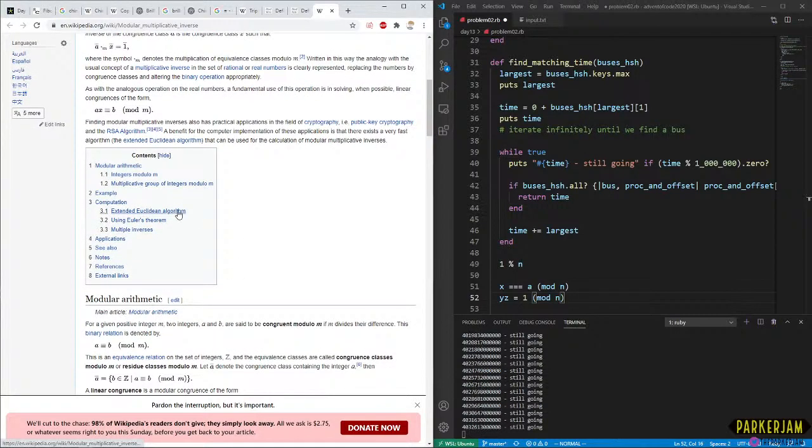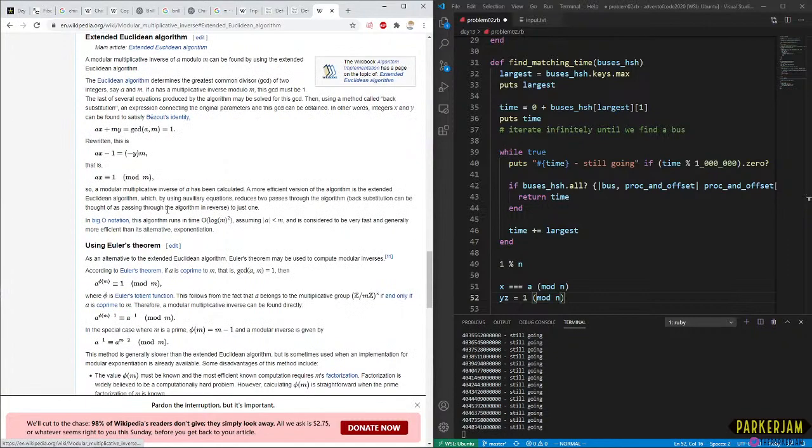Oh, we have the extended Euclidean algorithm here. The modular multiplicative inverse of a mod m can be found with it. The Euclidean algorithm determines the greatest common divisor, the GCD, of two integers, say a and m.